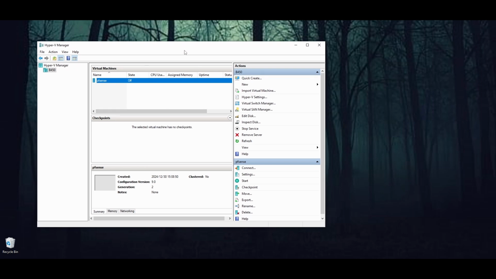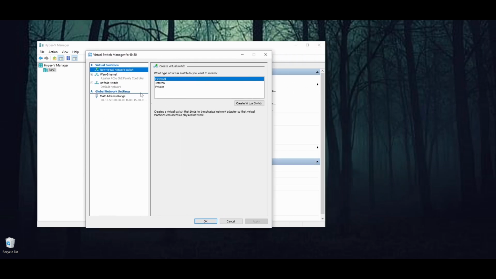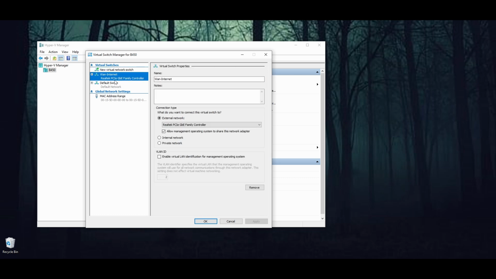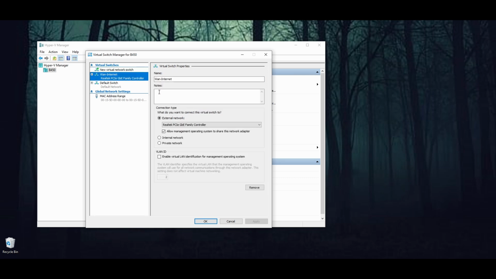So just open your Hyper-V, and the first thing you have to do is go to your virtual switch manager, because you have to set up two connections: an internet WAN and a LAN connection. So this WAN was here by default. If it isn't, just say new virtual network switch and then say external. It will open this up, and then make sure in the external network it connects to your actual network card or your network device. So no virtual stuff, just your actual network connection. This is going to give the internet to